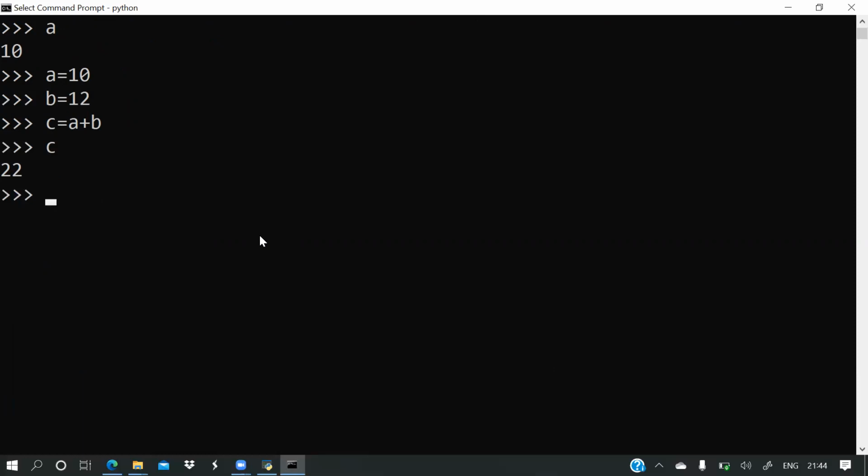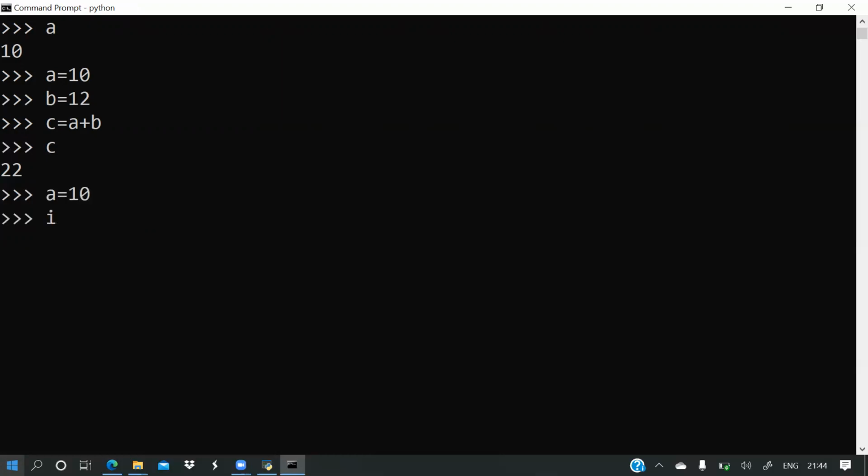Now I have to show the secondary prompt, where it is, if you write some condition based code. I am writing a small program to show what the secondary prompt is. A is 10.